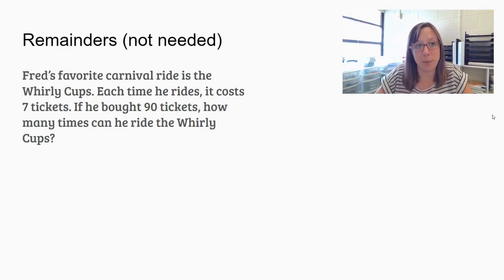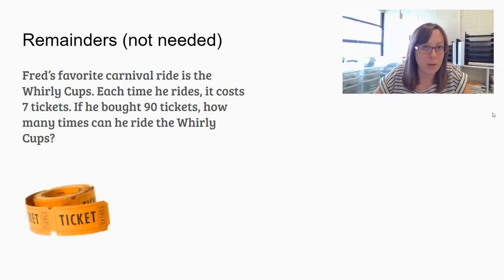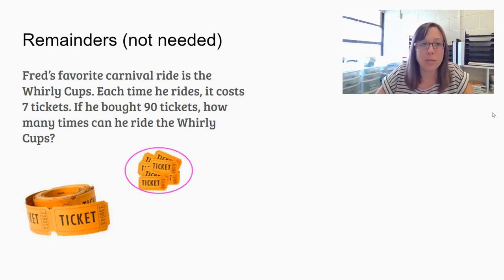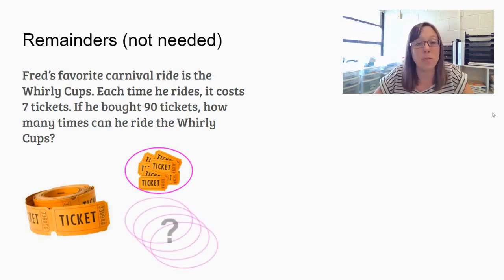For example, Fred's favorite carnival ride is the Whirly Cups. Each time he rides, it costs 7 tickets. If he bought 90 tickets, how many times can he ride the Whirly Cups? So I know he has tickets, 90 of them, and it costs 7 to ride the Whirly Cups. So what I need to know is how many times could he ride if each one is 7